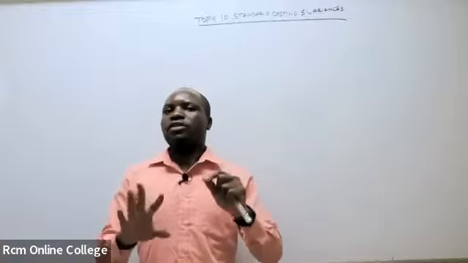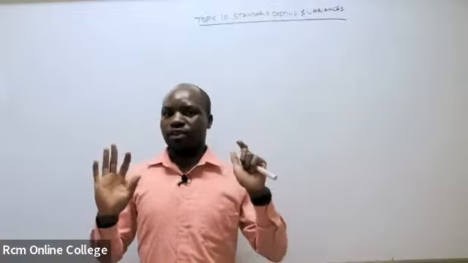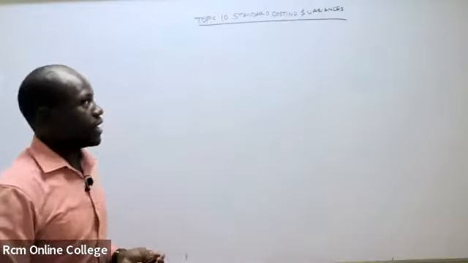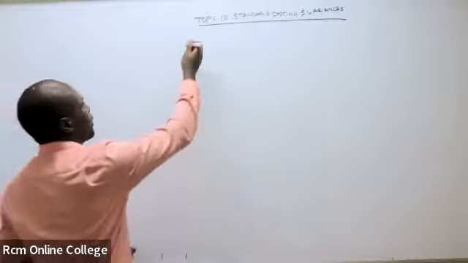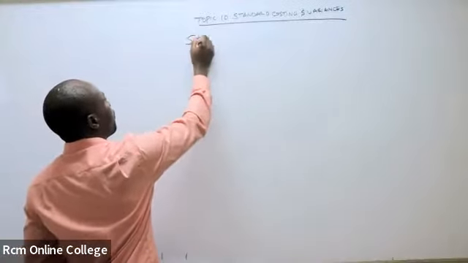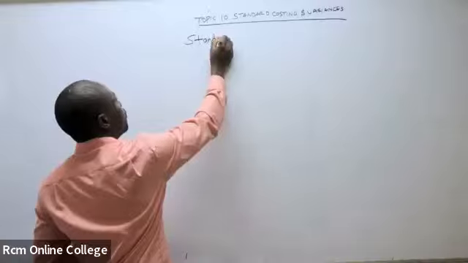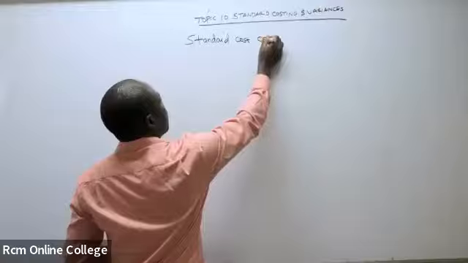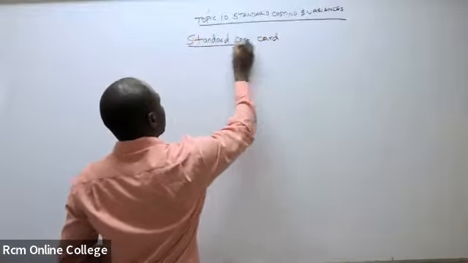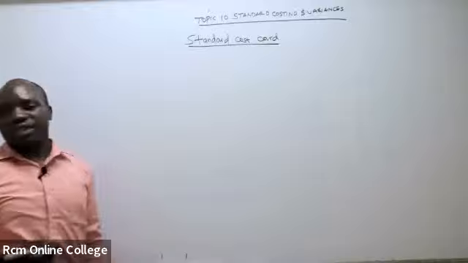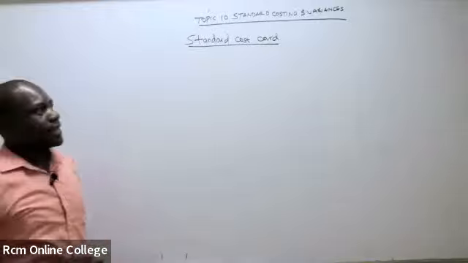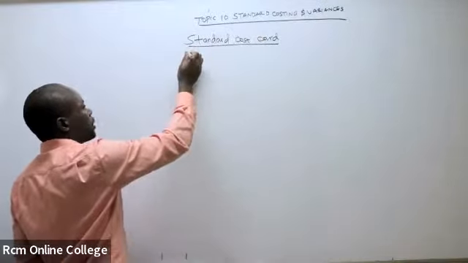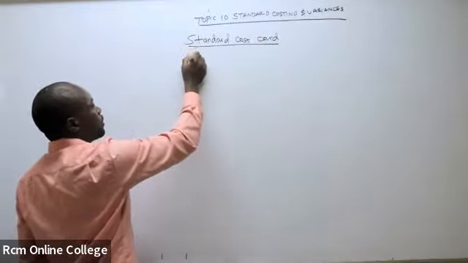Now, what are the components of standard cost? That's what I want us to get to understand before we get to variances. So standard cost card, we are having estimates. So the first item you're going to have in the standard cost card, remember it is cost card, right? So we're talking about direct material,